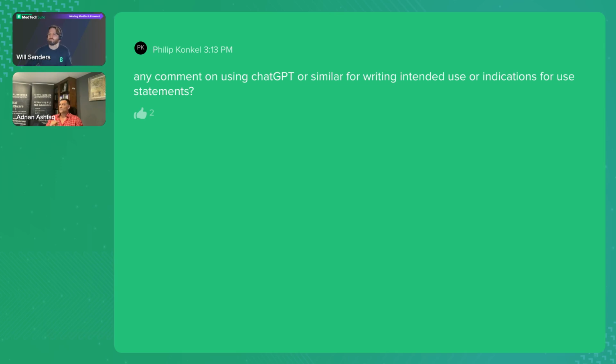What ChatGPT will probably do is scour the internet and find similar devices from a question you pose, and come back with some sets of information, and you delve in more and more, and you'll get something that looks like an intended use statement. Fine, let's say you started off with that, but then make sure you can validate all of the statements that come back from ChatGPT.